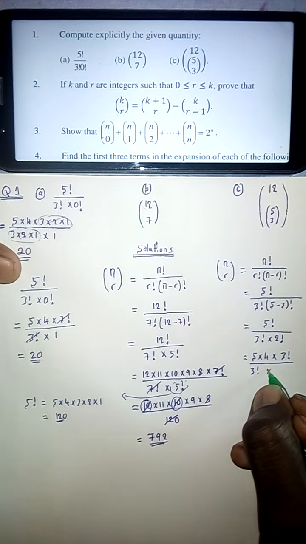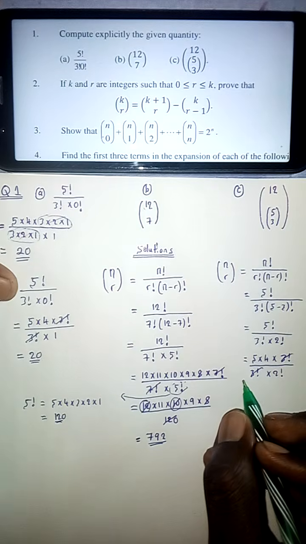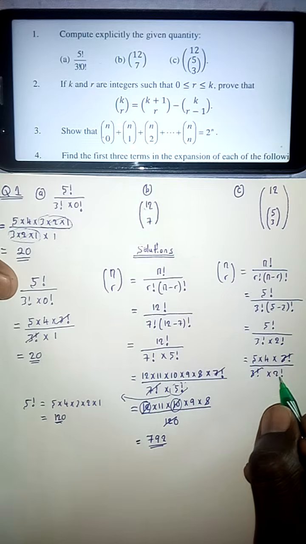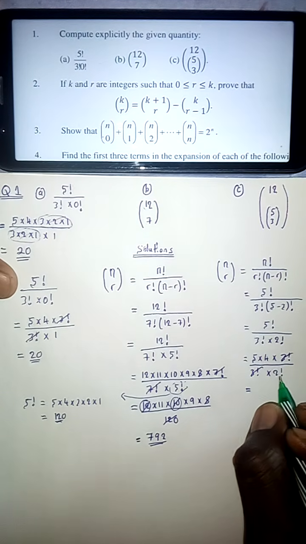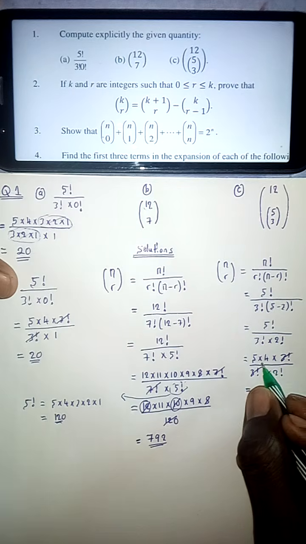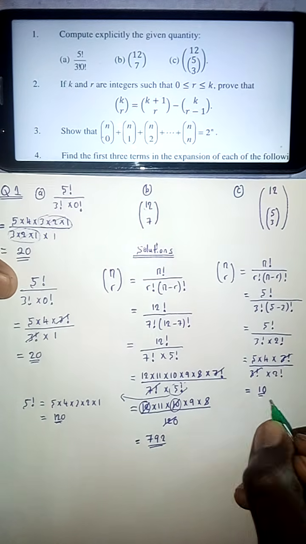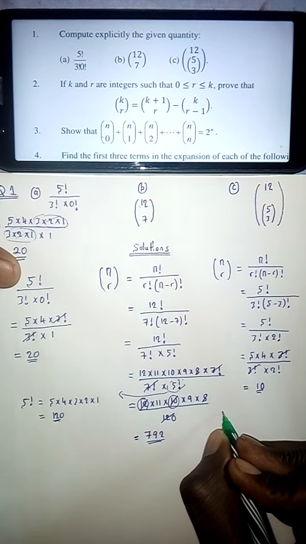3 factorial multiplied by 2 factorial. So this and this goes. So what do we remain with? Well, we remain with 5 and 4. So 5 multiplied by 4, that's 20. What is 2 factorial? 2 factorial is 2. Therefore, we are going to say 20 divided by 2, that's 10. So this part is equivalent to 10. Therefore, we're going to say